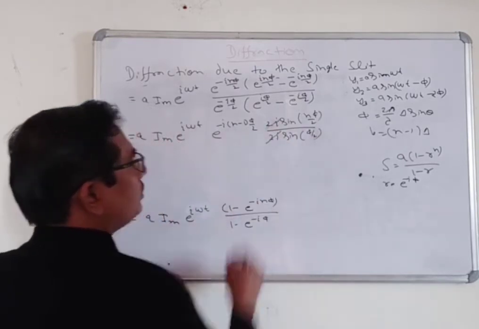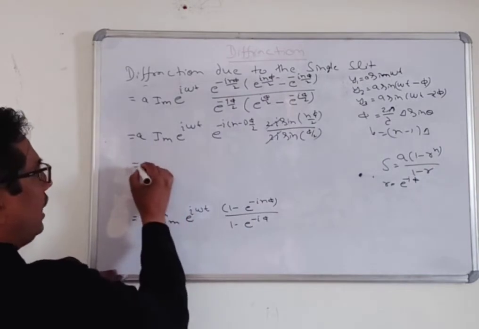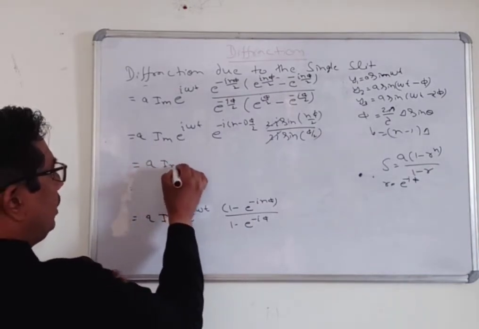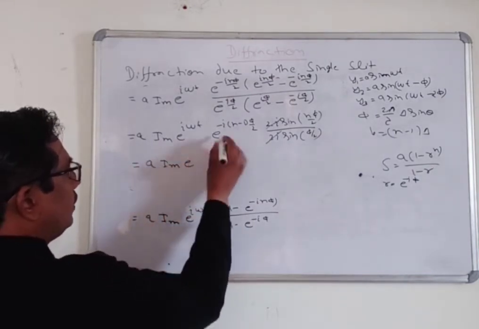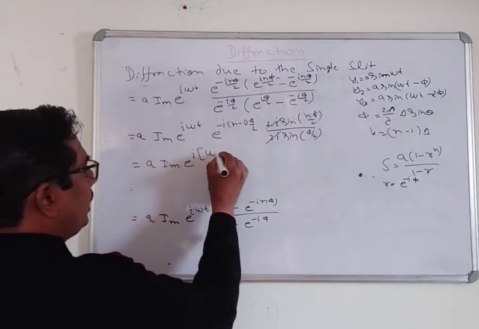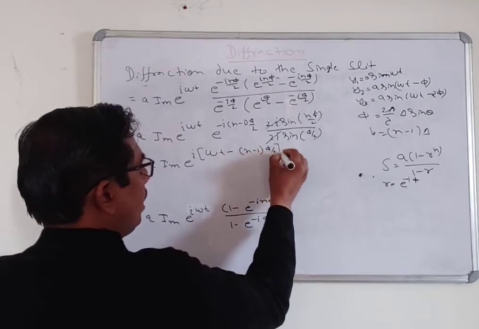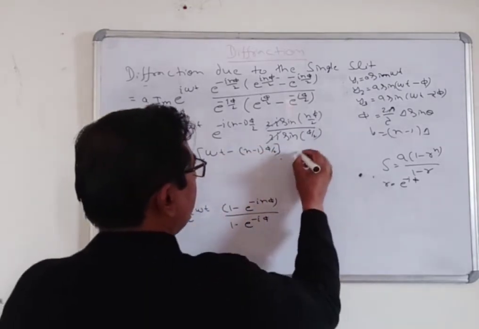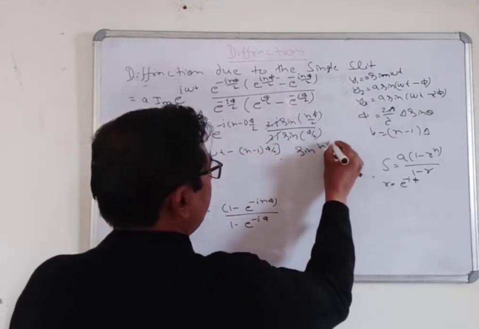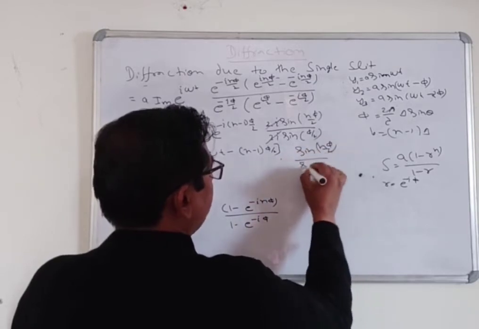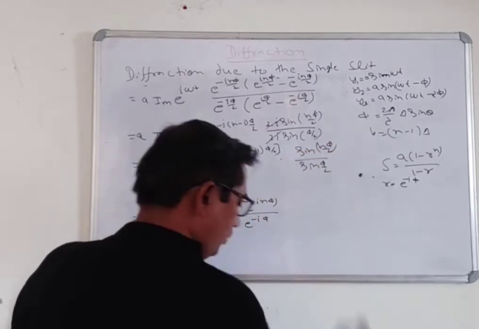That will cancel out, and you will see that in the imaginary part, i is common: omega t minus (n minus 1) phi by 2, times sine n phi by 2 divided by sine phi by 2,